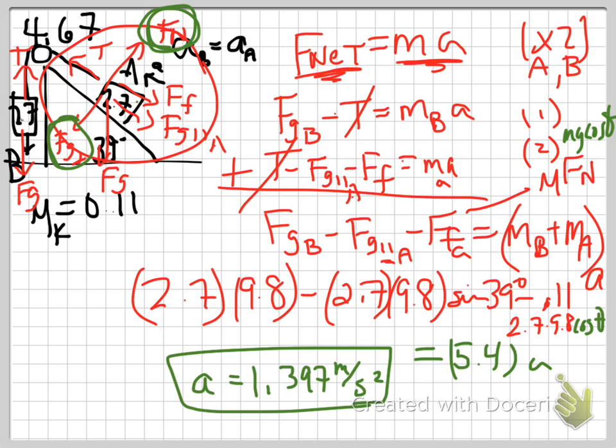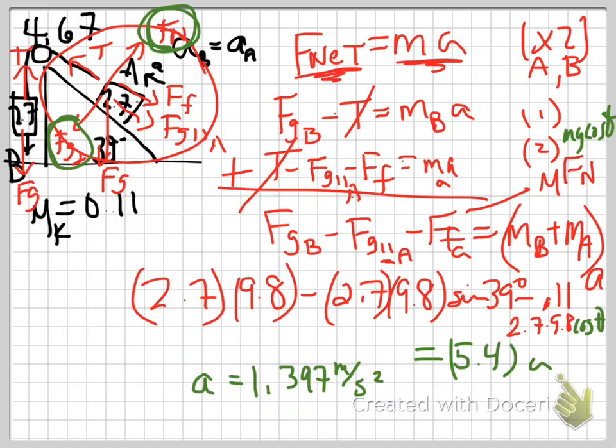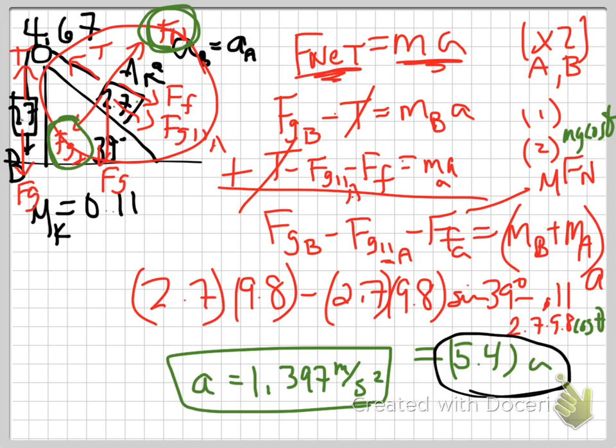All right, part B of this. Let me change this to black. Part B, what is the smallest value of mu k that will keep the system from accelerating? So actually, I wish I didn't undo that. If I went back to the last page, I can do that. Okay, I can. So to keep it from accelerating, this side of the equation